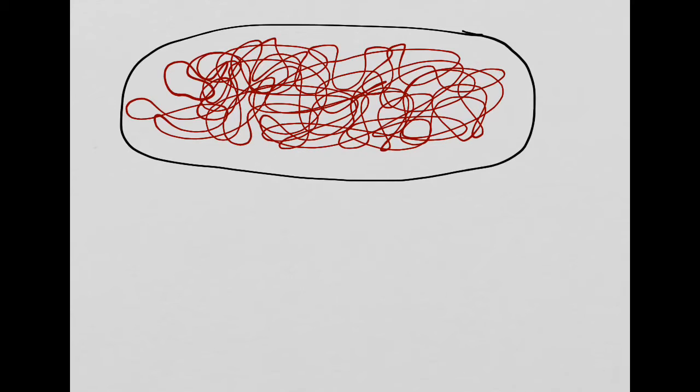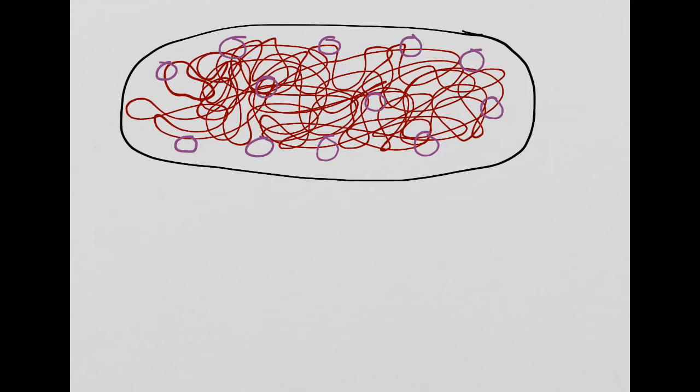Now that said, in bacterial cells, there are also, I'm just going to make this pink, so we understand it's slightly different, but it's still made of DNA. We are going to have loops of DNA, and these loops of DNA are not part of the bacterial chromosome. These loops of DNA are pieces of DNA that the bacteria has picked up as it cruises around inside of its environment. And those things are